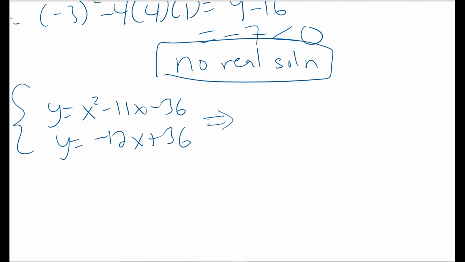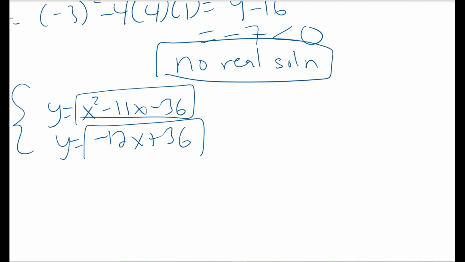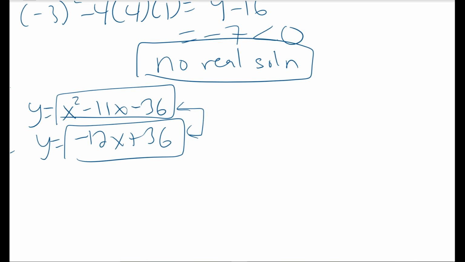in order to do this, all you got to do is, well, you see that y is equal to this, and y is equal to this on the bottom. So we're going to set them equal to each other, right? We simply set them equal to each other because they're both equal to y, which means that they both have to equal each other. So all you got to do is set those two equal to each other